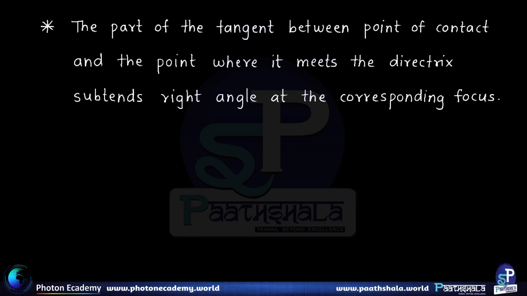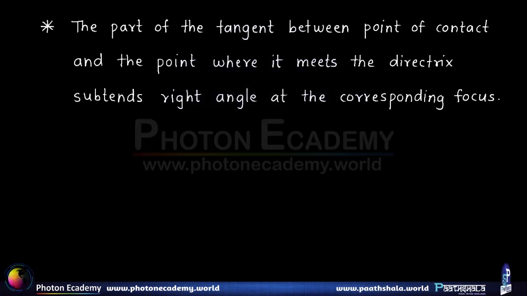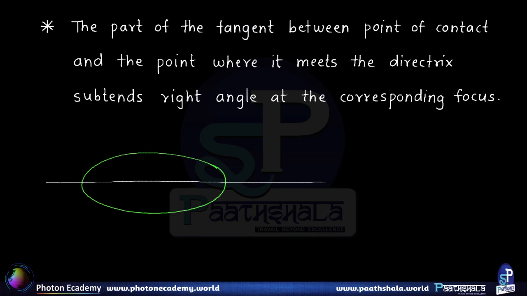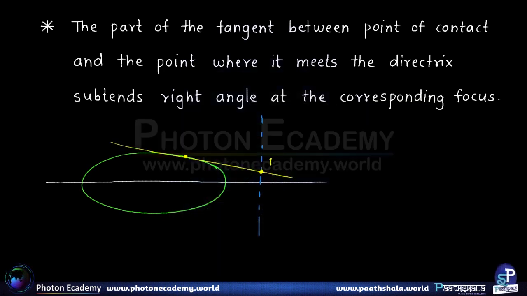The part of the tangent between the point of contact and the point where it meets the directrix subtends right angle at the corresponding focus. So suppose we have an ellipse, and let's consider the major axis here like this, and there is a directrix. This is the directrix. Now at some point on the ellipse, suppose we draw the tangent. Okay, it will cut the directrix at some point, say M, and P is the point on the ellipse where we are drawing the